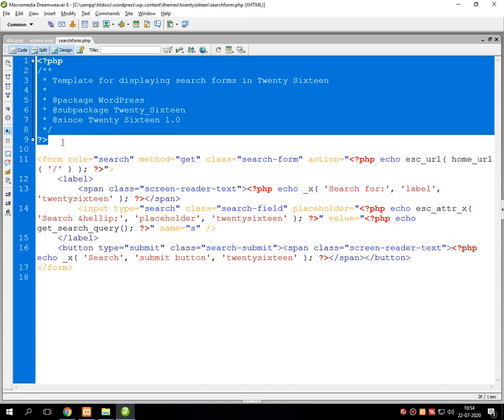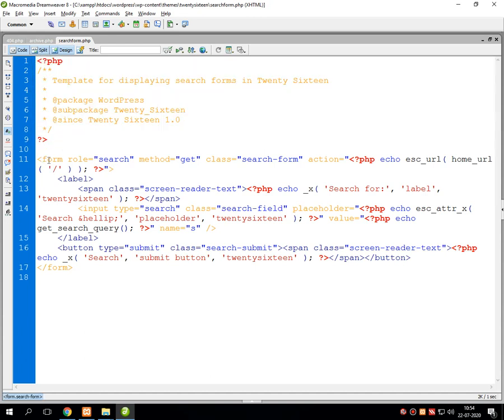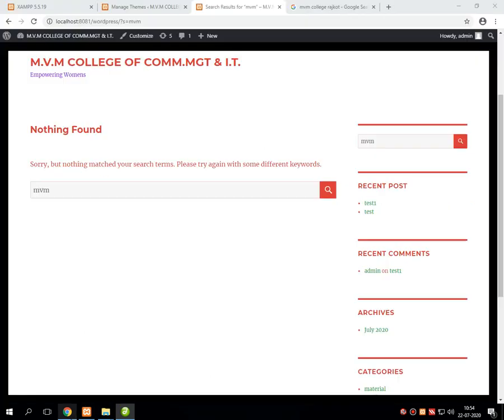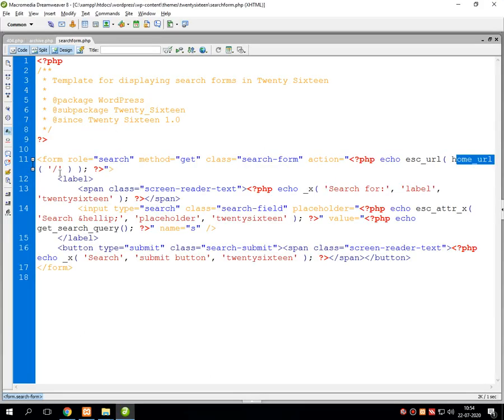In this searchform.php, it's a form which uses the get method, contains the class called search-form, and redirects to the home URL of the activated theme, the theme which we have activated.